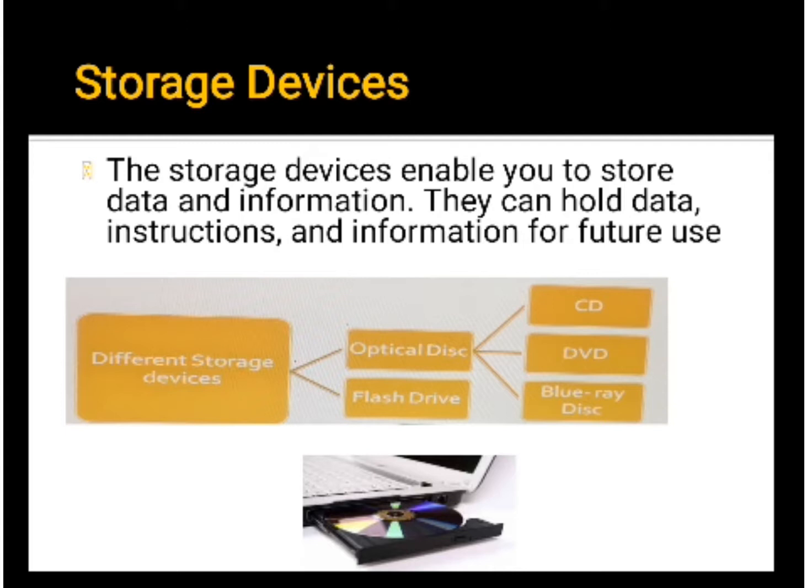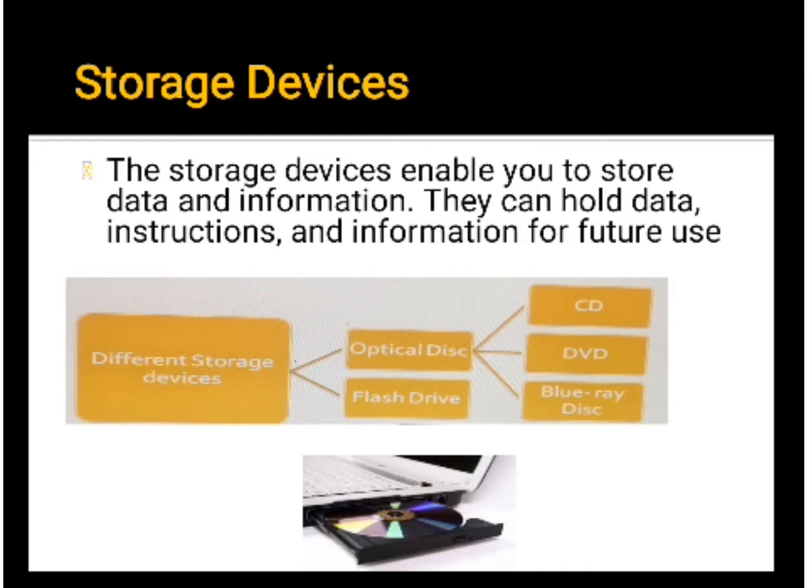Compact disc storage capacity is up to 700 MB. The storage capacity of a DVD is 4 GB to 7.5 GB of data. And the storage capacity of a Blu-ray disc is 100 GB. Next we have the flash drive. A flash drive is also known as a pen drive, and it is quite portable and lightweight. The storage capacity of a pen drive is 512 MB to 100 GB and it can transfer data at very high speed.